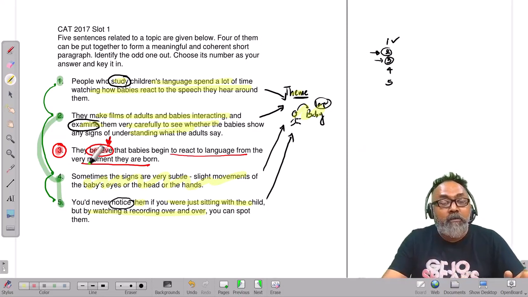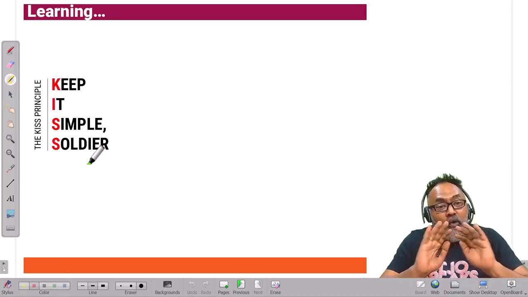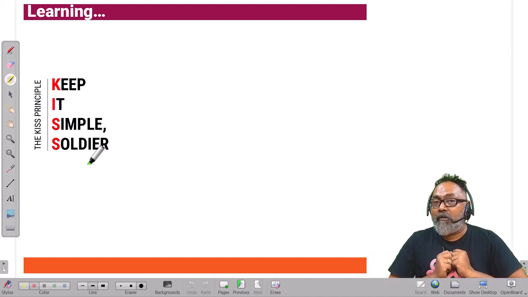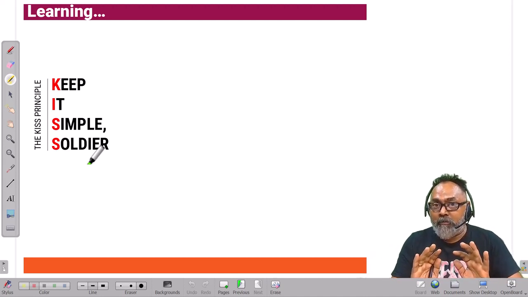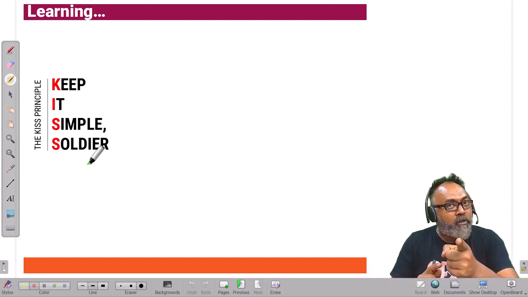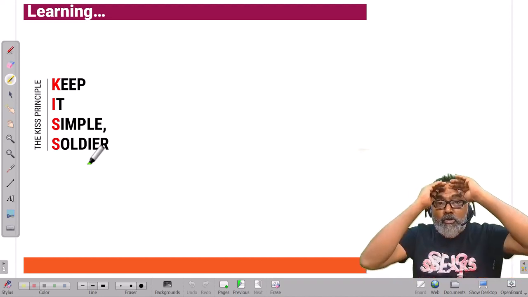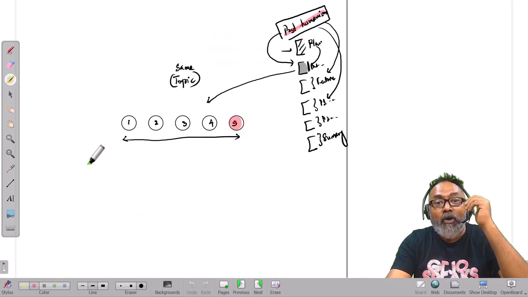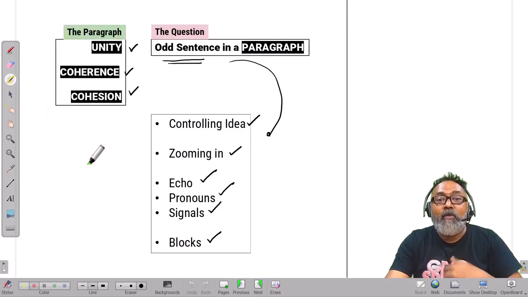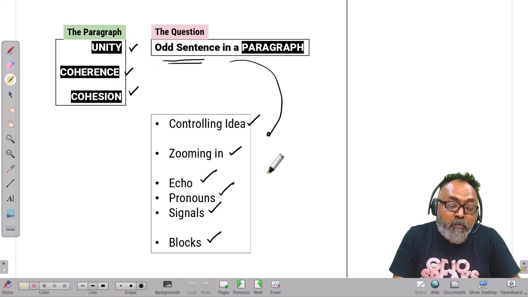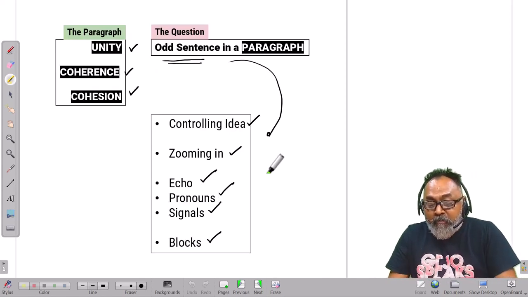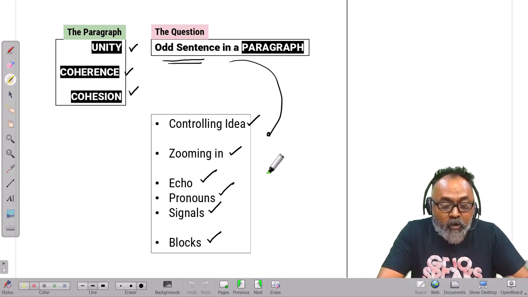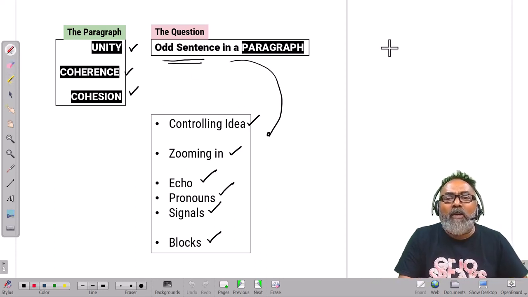That's very simple, right? Again, we keep it simple. Whatever be the kind of question that is thrown at us, we'll keep it simple. Keep it simple, soldier. That's the way forward. Not too much stuff, not too many things. We don't want to be in a situation where the way we are learning is, for this particular verbal question I will use this, for that particular verbal question this is what is going to happen. No, all the questions are based on paragraphs,